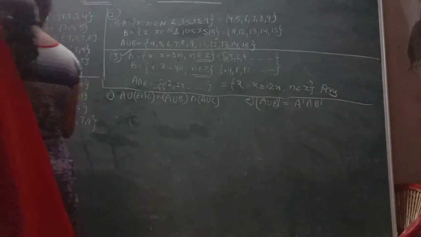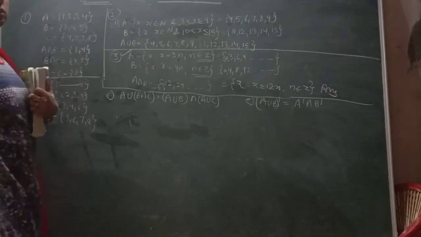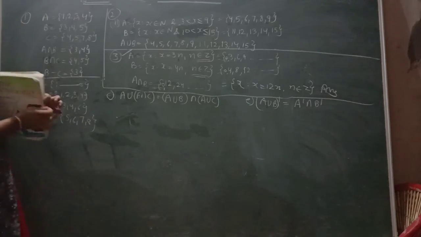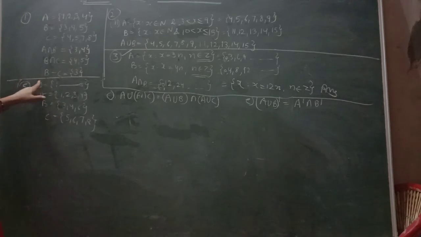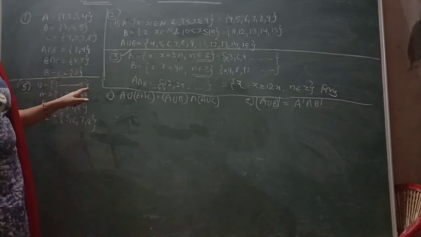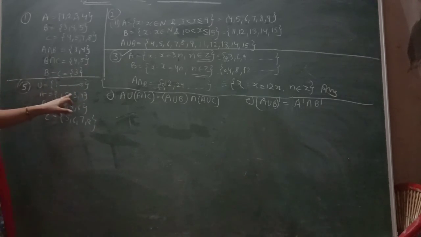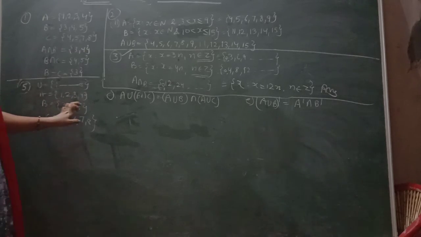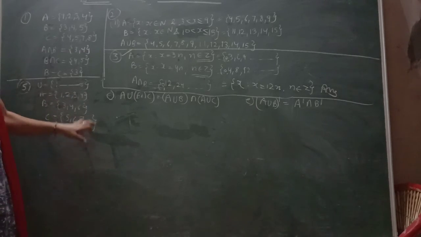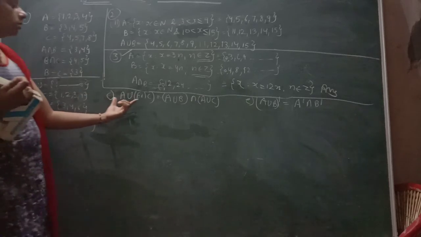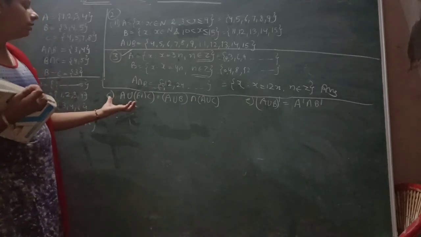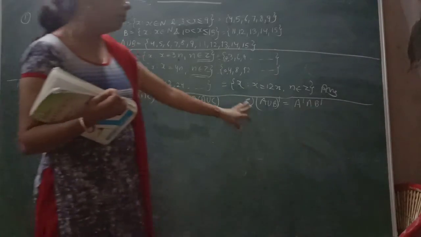Question number 4 you will try by yourself. Questions 4 and 5 are the same, so I am taking the fifth here, where the universal set is given, that is 1, 2, 3, 4, 5, 6, 7, 8. Okay, 1 to 8 is given here. Set A is 1, 2, 3, 4. Set B is 3, 4, 6. C is 5, 6, 7, 8. And you have to prove a few terms given here. I am taking part C and part D here.